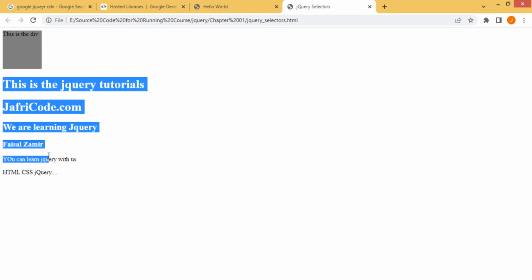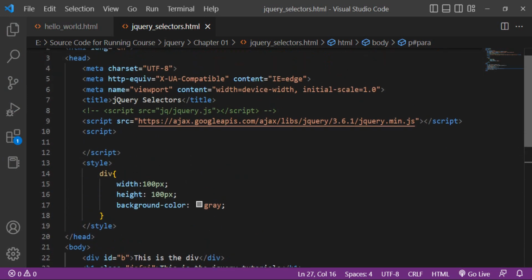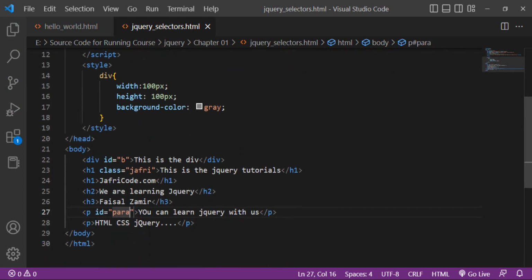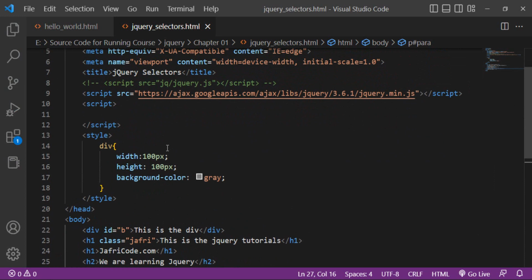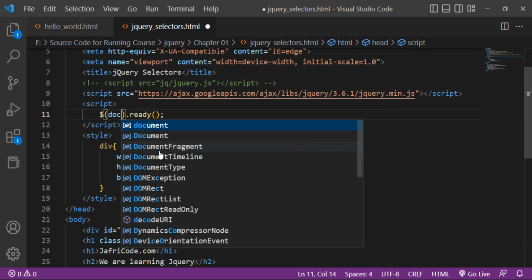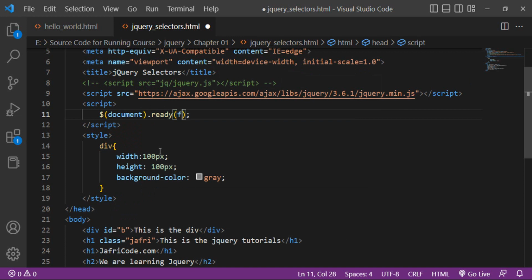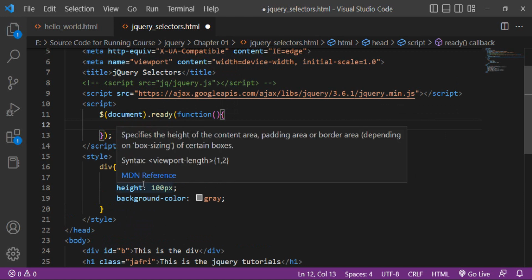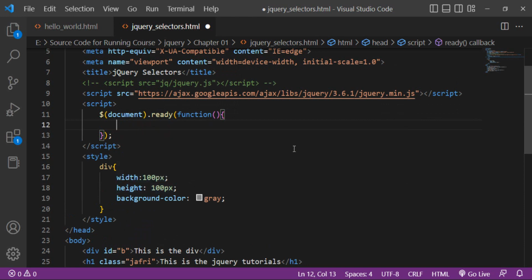Now I want to open this file in the browser. This is the file jQuery selector. You can see that all the data is displaying here. Now I want to use jQuery, and I will select any one of these HTML elements to perform different actions. First of all, you have to put a $, and then the dot ready function, and this is the basic syntax. Here you can target document, and then in ready we want to pass a function. This is the function syntax. Inside the function body, what I want to do, I want to